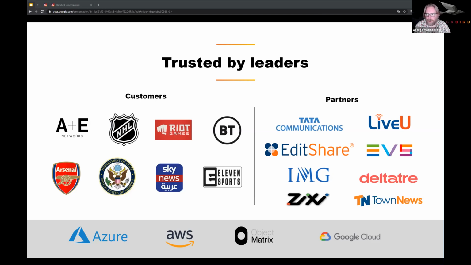The work we do with Delta Tray has allowed European Golf to edit from anywhere, to chase the sun edit. Town News have 50 news stations, all of which are editing from a huge pool of shared content by Blackbird. With 3 major customers with Tata, we just recently completed a lot of work with LiveView in Europe covering elections there. And of course, down the bottom, we're partnered with the 3 majors, but obviously we're also very, very proud of the work we've done with Object Matrix, which again,